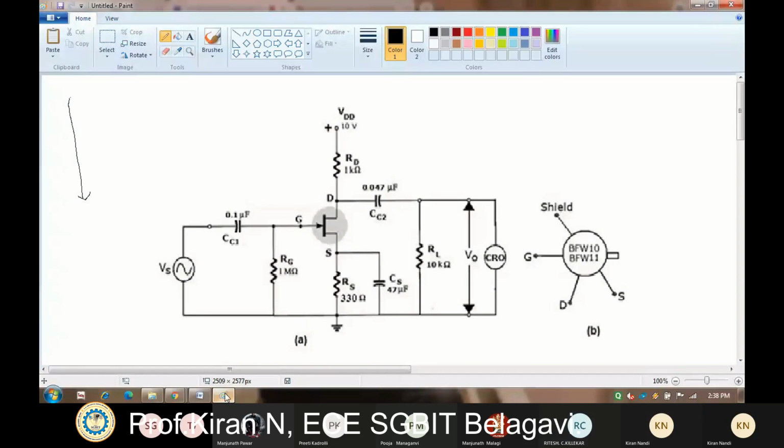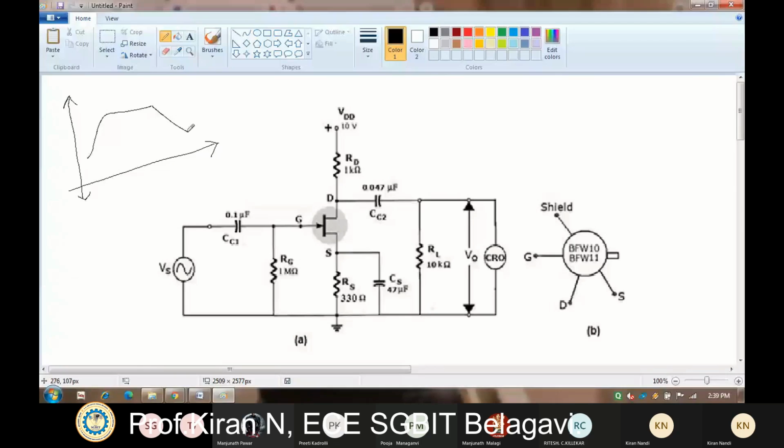Okay. So this circuit I have discussed already in the previous class, like how this circuit is working. And today we are going to implement this circuit diagram using the Multisim tool. And we are finding out the frequency response of this JFET.